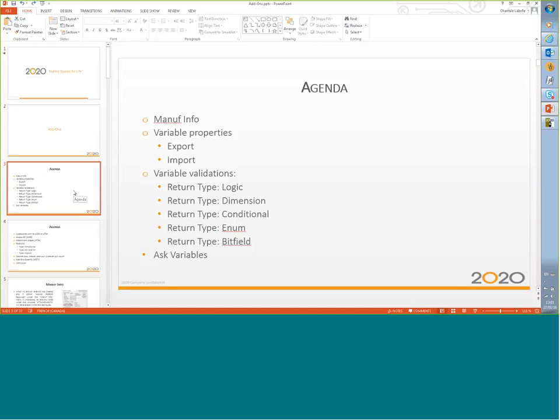So the agenda for today is we're going to go through the manufacturer info menu, and then the variable properties, the export and the import properties. The variable validation, so we have different return types for the variable validation: logic, dimension, conditional, enum, and bit field. We're going to talk also about the ask variable,